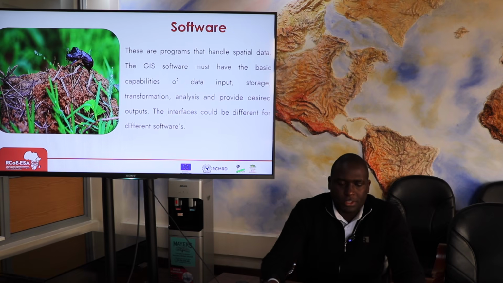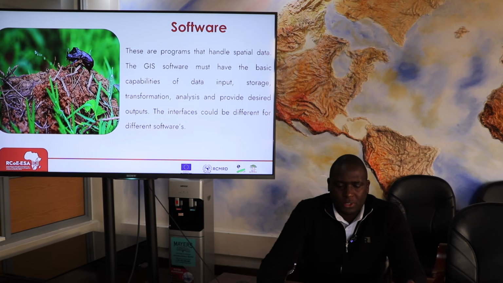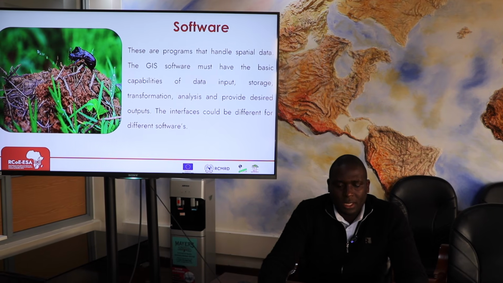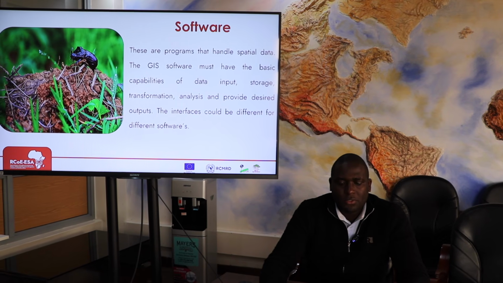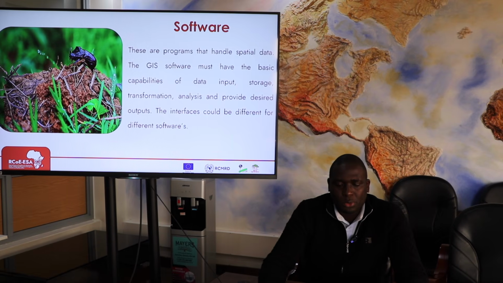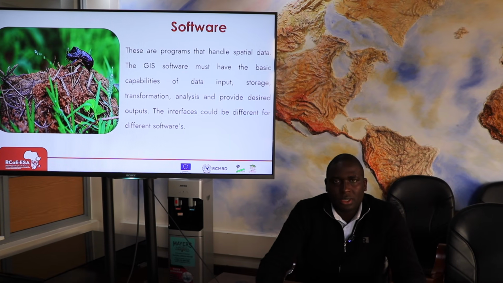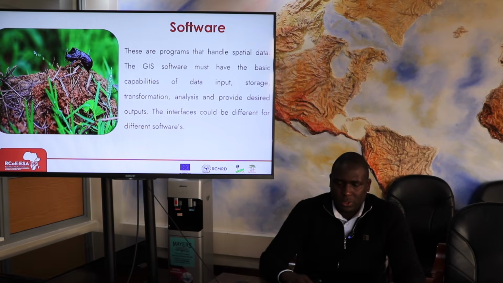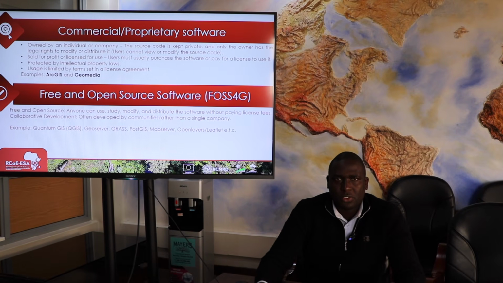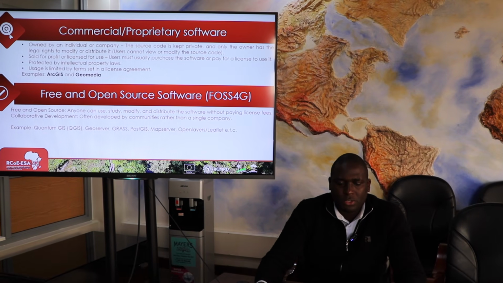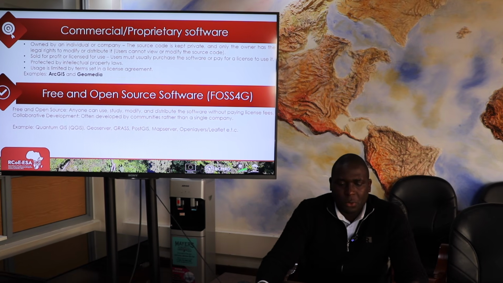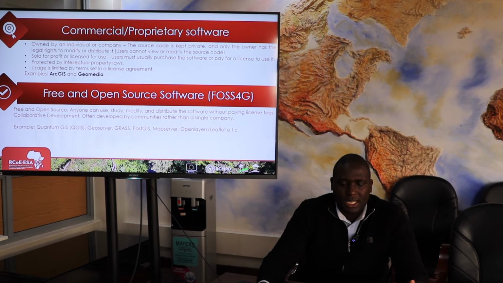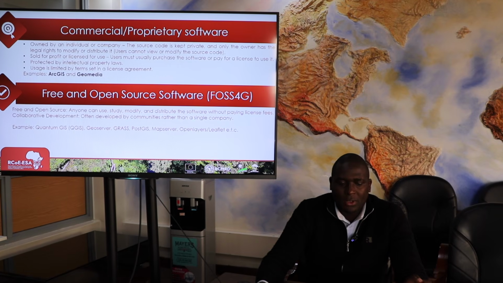The second component is software. Software refers to programs that are able to handle spatial data. This software can be categorized into 2. We have what we call commercial software, and we also have what we call free and open source software. Commercial software refers to the software whose source code is kept private and only the owner has legal rights to